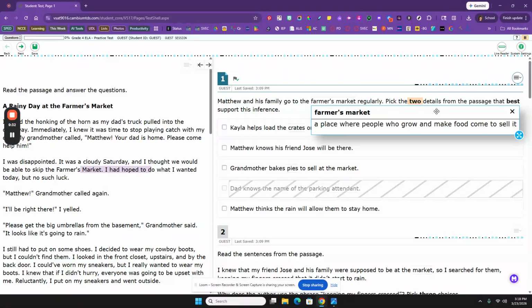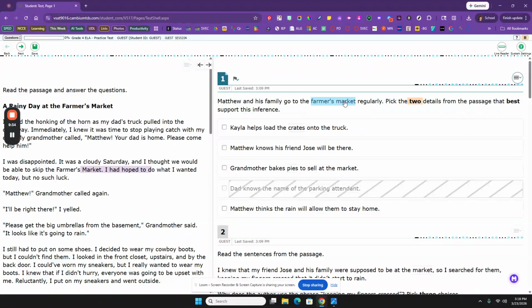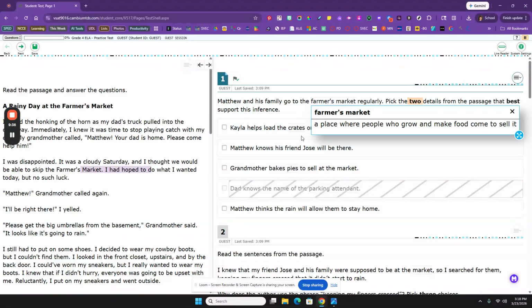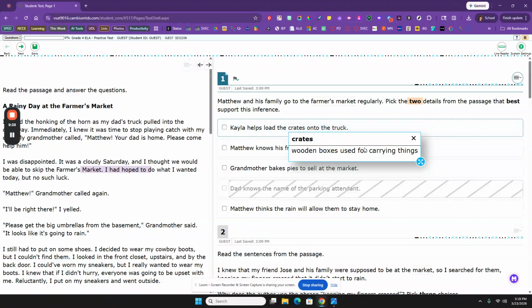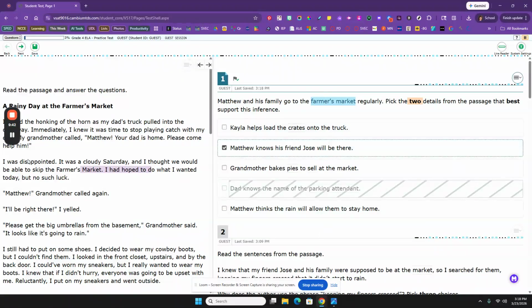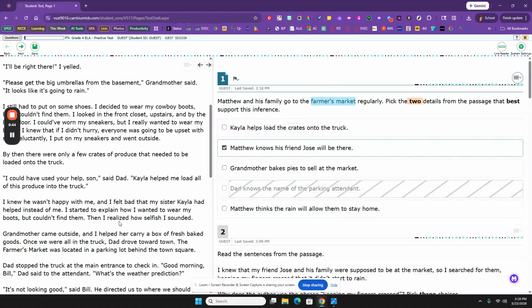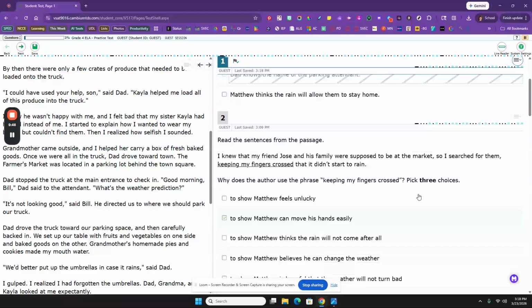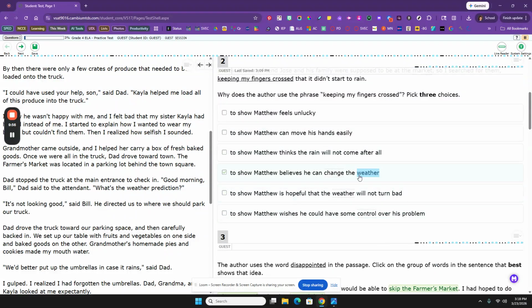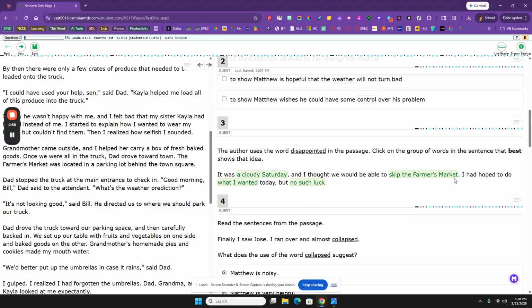And so I just make it a habit always of going through and looking and seeing, oh, okay, so crates. Okay, that's for the wooden boxes of crates. Okay, so clicking on those words so that you know the definition that the test is using for that particular word. So just click on it and it will bring up those words for you. So you can see there's a whole bunch of them in here in case you're wondering what the words mean. All right,